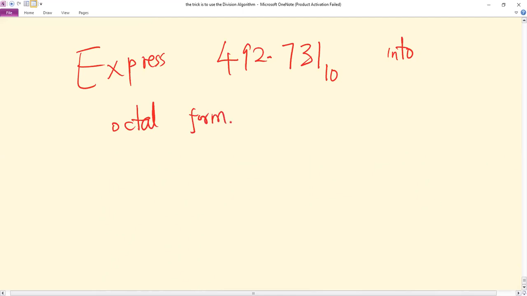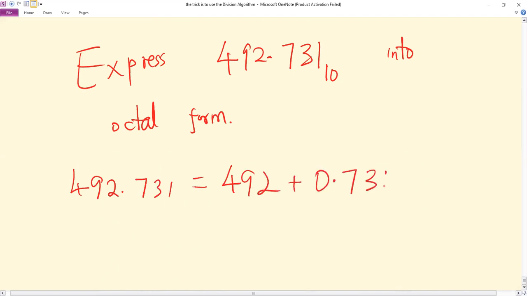Now, when you are given a decimal number which has a whole number part that is not 0, it's always advisable to separate the two so that you get the answers differently and then bring them together. So 492.731 is the same as 492 plus 0.731. You convert this one to base 8 differently, convert that one to base 8 differently, and then bring them together. So 492